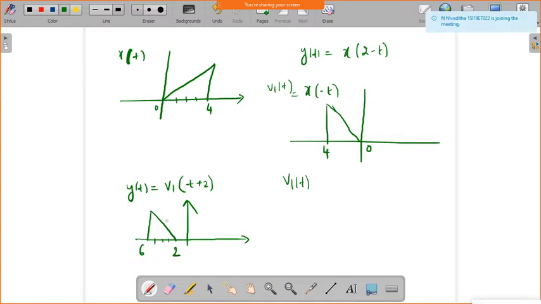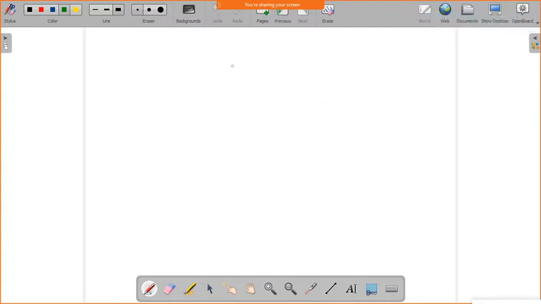So this is also correct, but as per our signal operation priority, first we need to shift. In all other problems we will follow this, because it is much easier. First we need to do the shift operation. If you do that, you will get the same result, which is 0 to 4, 1, 2, 3.